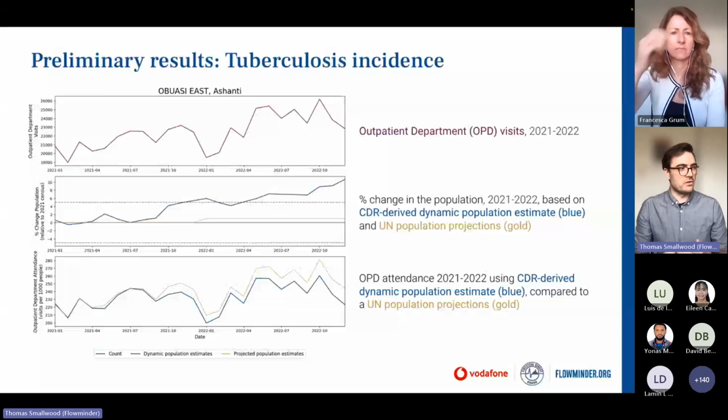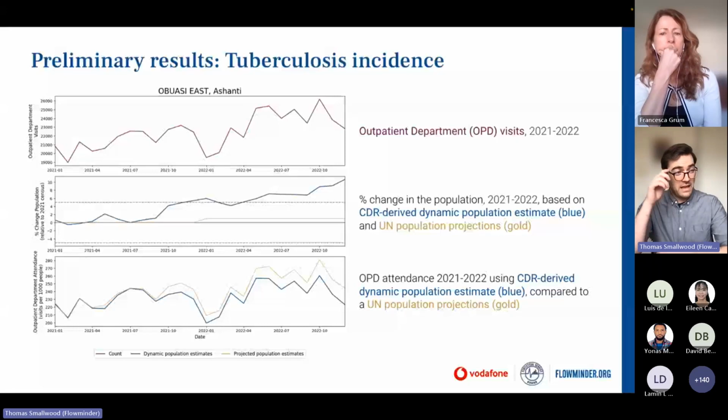So when we combine those two things together and we calculate the outpatient department attendance metric, we can see that the increase in outpatient attendance is actually much smaller when we account for the increase in the population when compared to if we use the UN population projections. And this, of course, could have substantial impacts on how we approach public health questions around resourcing of outpatient departments